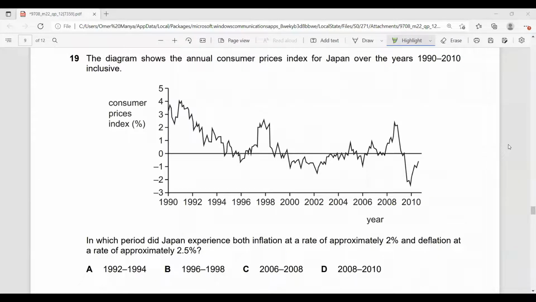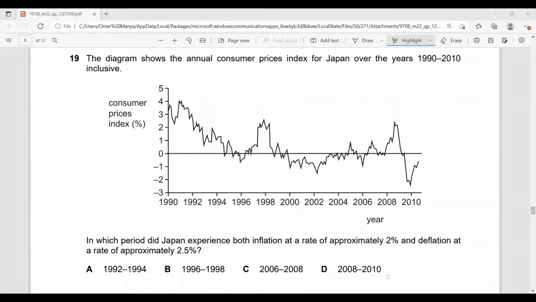Question 19. The diagram shows the annual consumer price index for Japan over the years 1990 to 2010 inclusive. In which period did Japan experience both inflation at a rate of approximately 2% and deflation at a rate of approximately 2.5%? Just a reminder, inflation is a general and sustained rise in prices, whereas a deflation is a fall